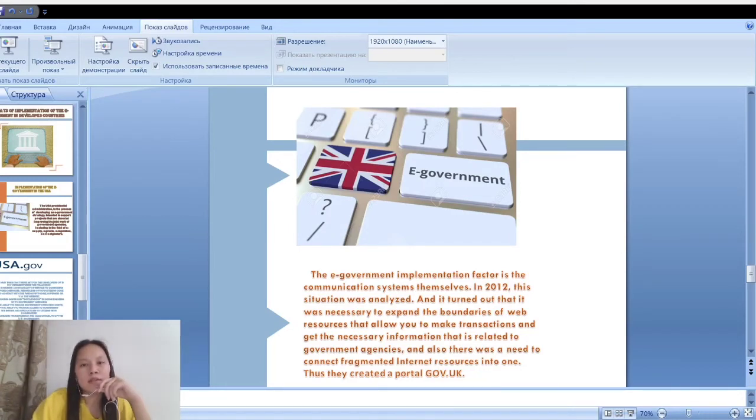The government decided to move from developing a site that brought together most government sites to a more efficient task, processing existing government services at the electronic level so that they meet the interests of ordinary citizens. In other words, the British authorities began to pay more attention to the interests and the requirements of ordinary residents, seeking to attract citizens who were previously offline to electronic interaction.